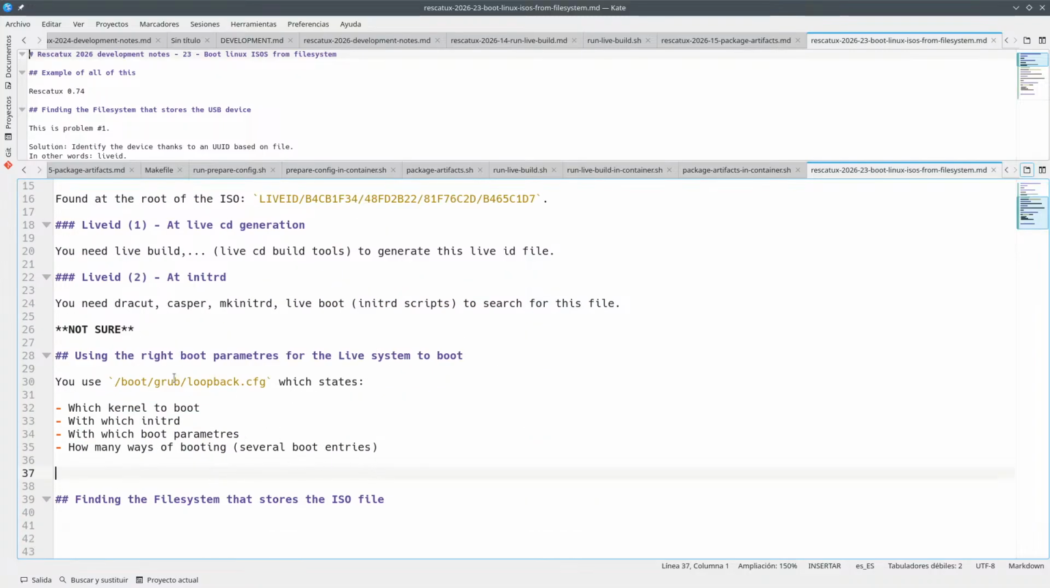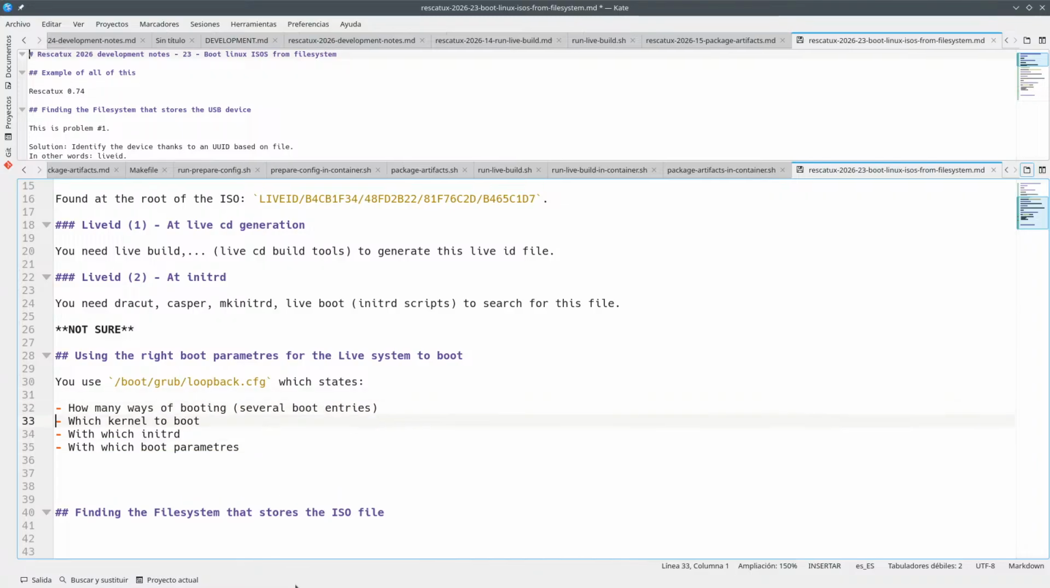So you use boot grub loopback.cfg that states the ways of booting, several boot entries, and then you've got which kernel to boot, which initrd, which boot parameters. So that's what I have in here. But you have the loopback.cfg, okay, and